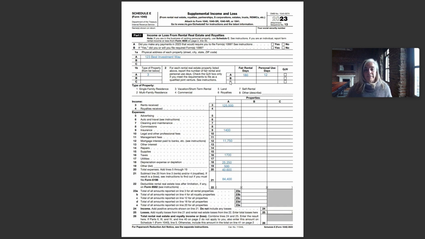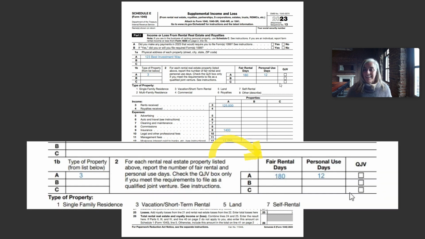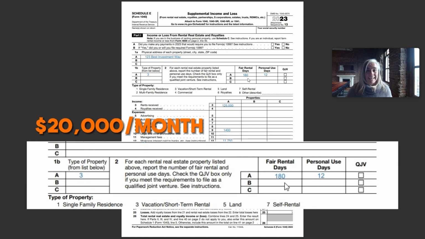Now, one little box that you have to pay particular attention to is this fair rental days. It gets ignored, but it's super important. If you put 180 days, let's say it's a short-term rental that doesn't always rent out, or let's say you bought the property in the middle of the year, you put 180 days rented on here. Now I can take that $125,000 and divide it by the 180 days, making that income up at about $20,000